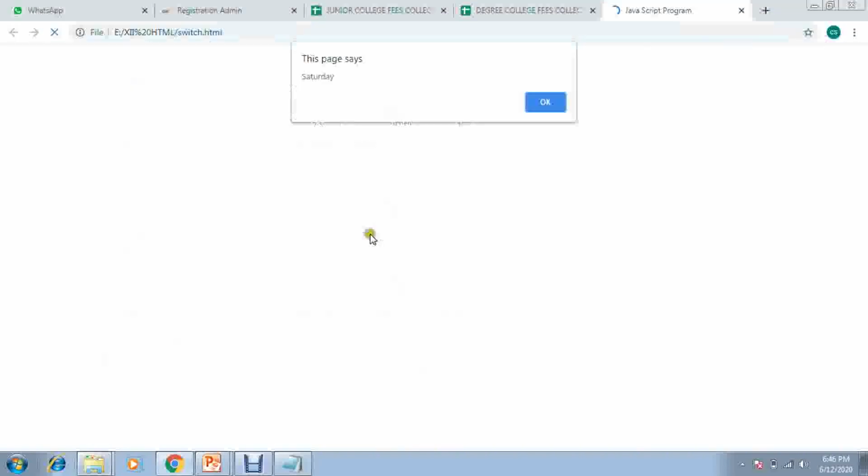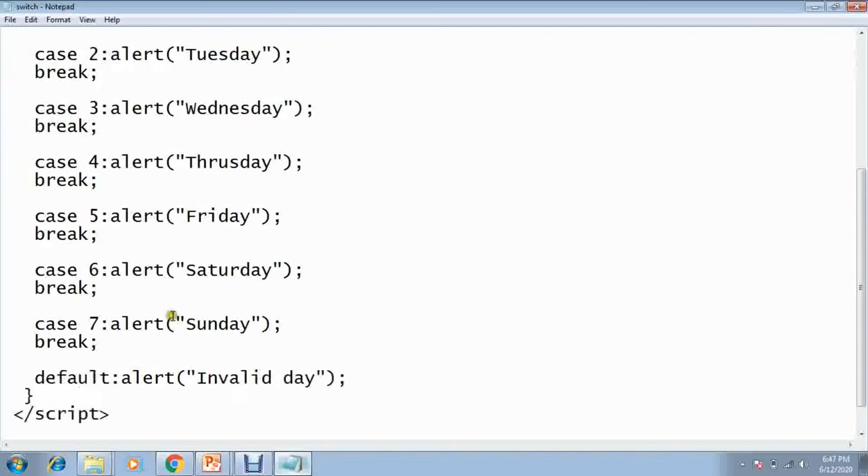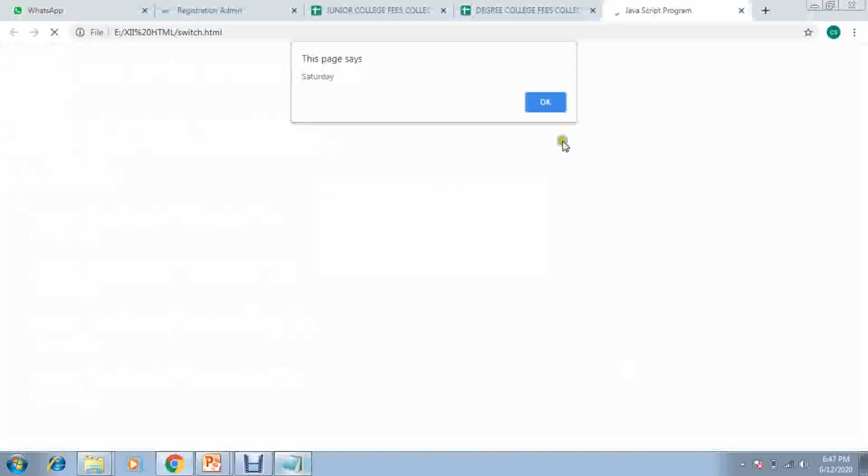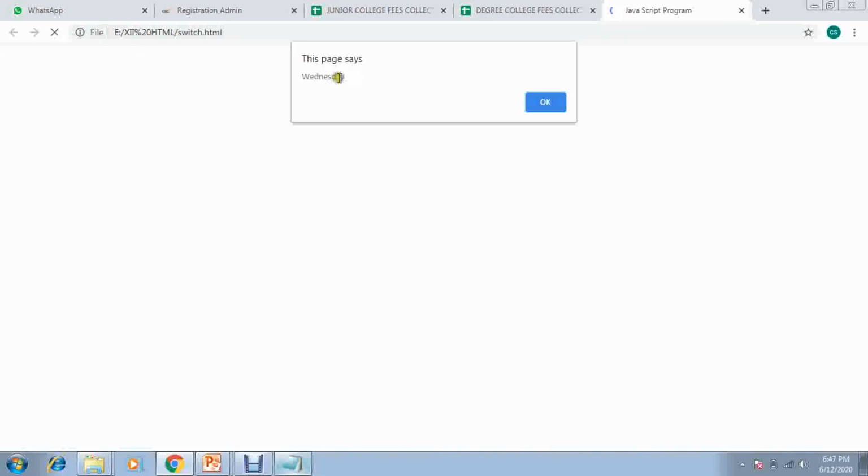The output that we got is Saturday, because day is 6, so it goes to the 6th case and prints Saturday. For example, if I change this to 3, what should it print? It should print Wednesday. Let's save it with Control S and execute this. So it is Wednesday.